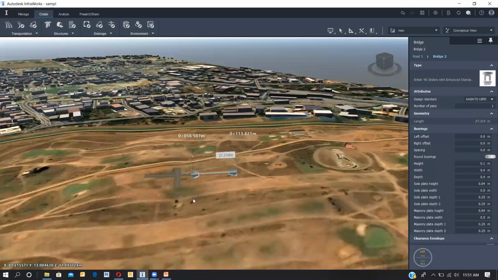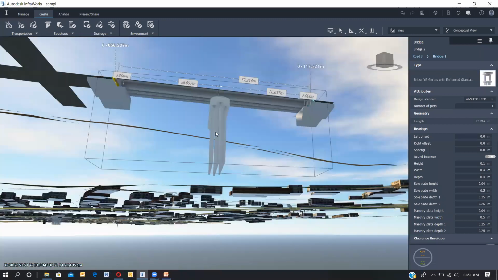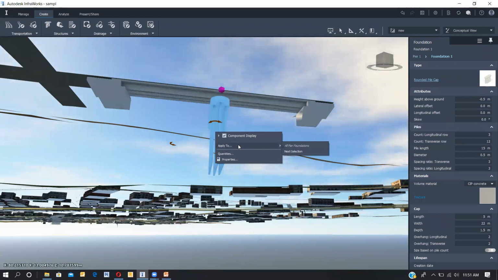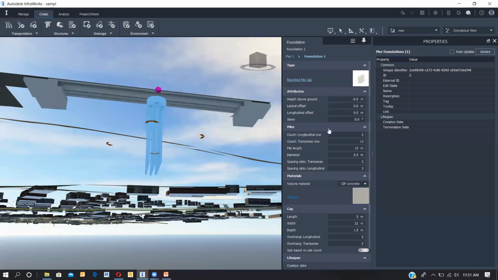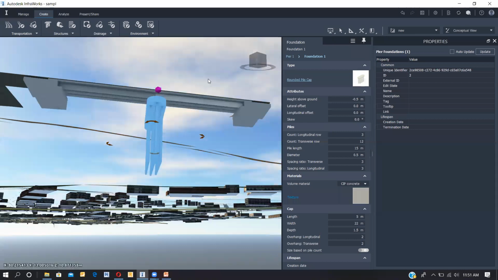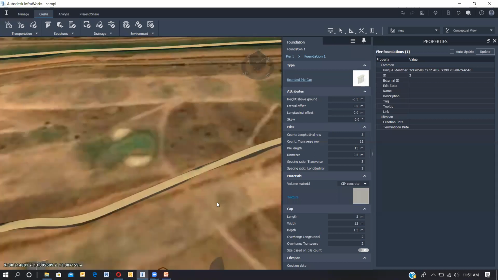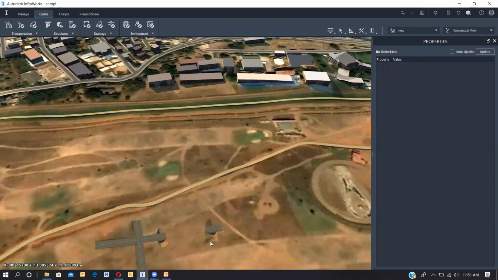Yes, like if I click this, if you right click, we'll be having the properties of it. You can make the things height above the ground. You will be having the properties, you can change the properties of it. You can directly bring it to Civil 3D and you can make the things. Not only roads and bridges, I have created the things.